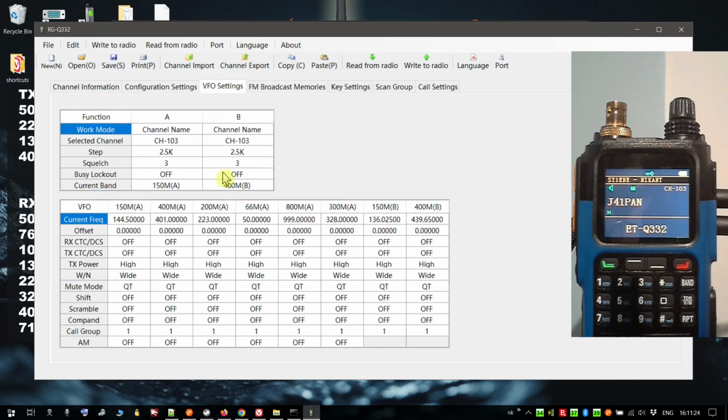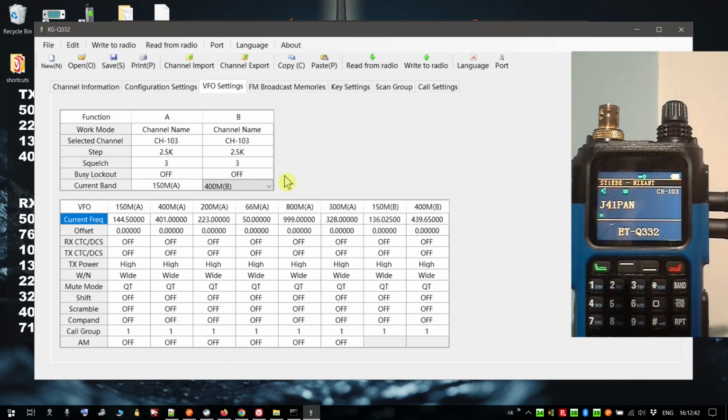Here we have the VFO settings. Okay, a thing to know here is that only in the upper bank of the radio you can use all the frequencies that it's able to transmit and receive. In the lower bank of the radio you can use only VHF and UHF. This is probably because, as I said, this radio has 2 transceivers inside. They obviously put a different transceiver in the second bank, maybe to cut cost, so this one is only VHF UHF. And here you can just select the defaults when you have frequency mode.